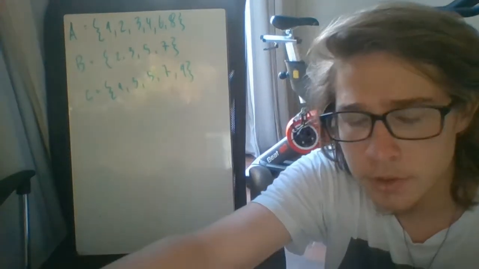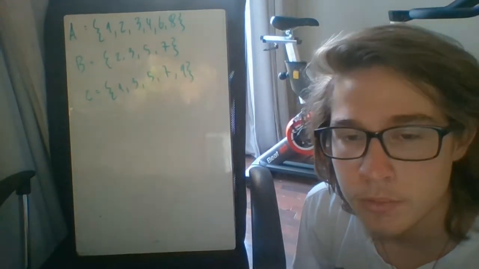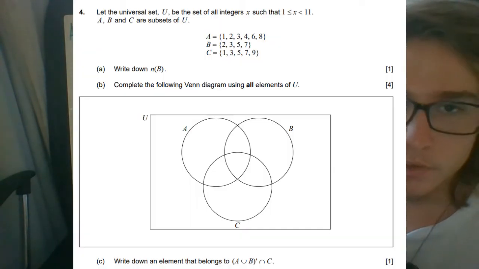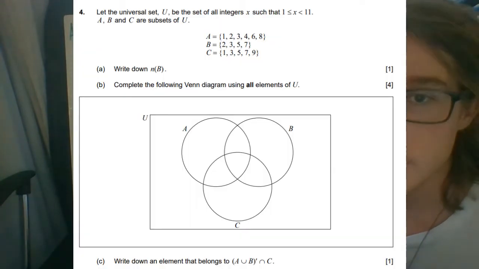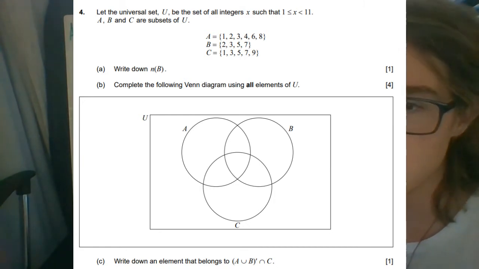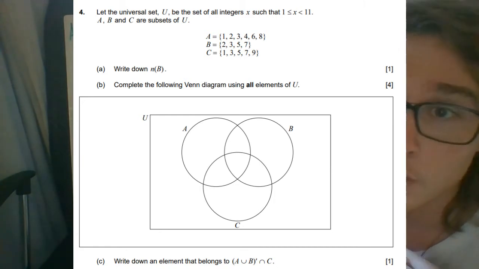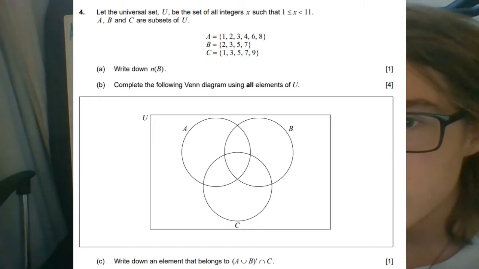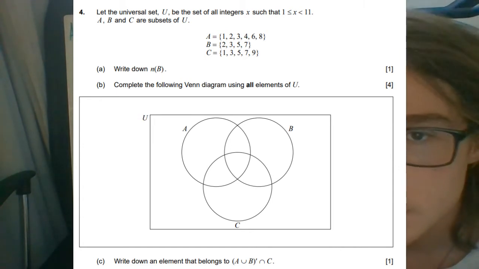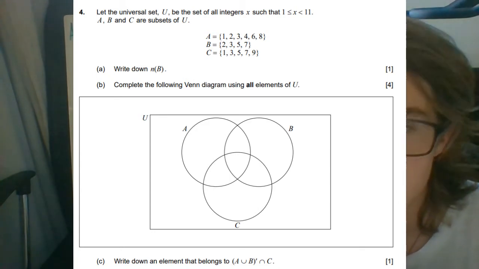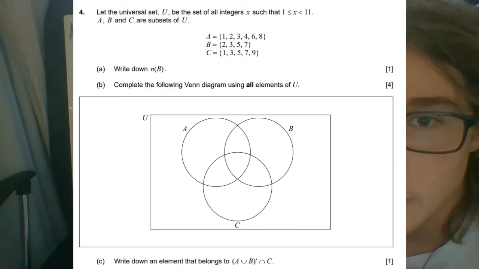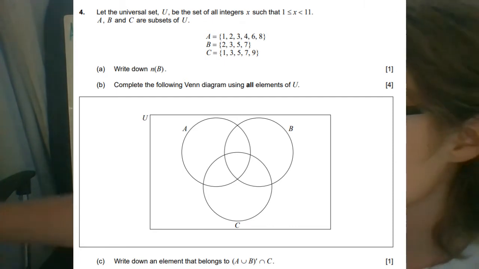Hello everybody, today we're going to be going over a Venn diagram problem at the IB Math Studies level. The problem tells us that we have the universal set U, the set of all integers, whole numbers like -2, -1, 1, 2, 3, 4, 5, 6, of x, such that 1 is less than or equal to x and x is less than 11. And they give us A, B, and C. Part A